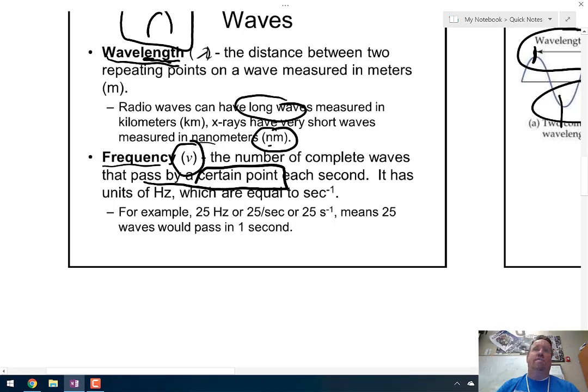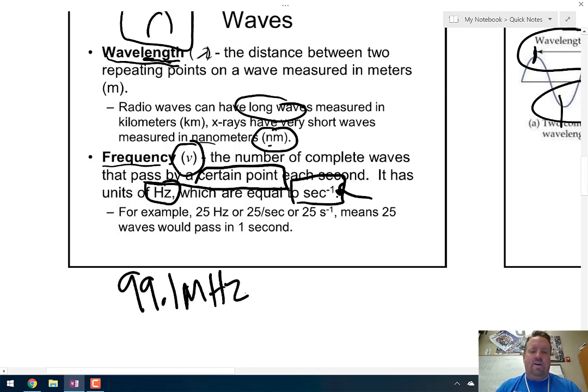If I'm just counting the waves as they go by, it's the number of waves that pass by every second. Now, the units they use for that are hertz. More commonly, though, you're going to see this, and I'll talk about what that means in just a second. That is a second, and then there is a -1 up in the corner. Now, for example, if you listen to Power 99, it's 99.1 megahertz. Mega means a million. So 99.1 megahertz means that there's